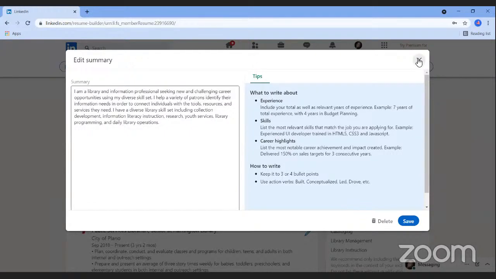As you write your summary, you'll want to include industry keywords as an easy way to show that you meet those key requirements of the job. And you may want to include the most important experiences or skills that you want to stand out on your resume. You can also highlight ways that your experience matches the specific job posting using those strong action verbs and specific vocabulary to stand out from other applicants.